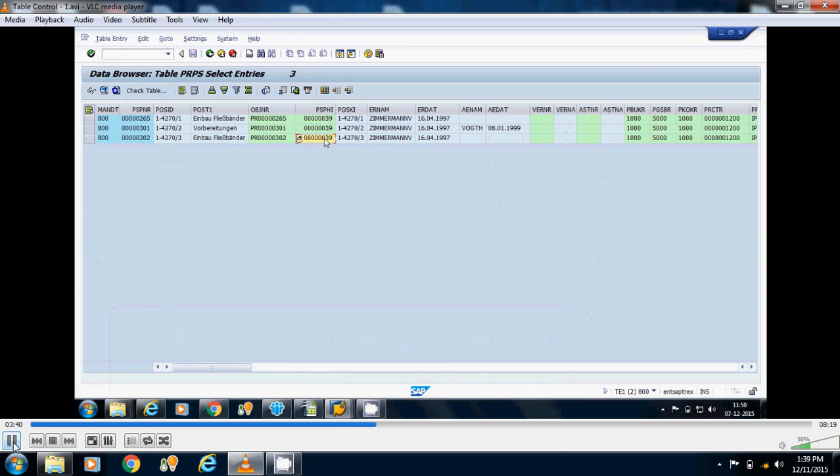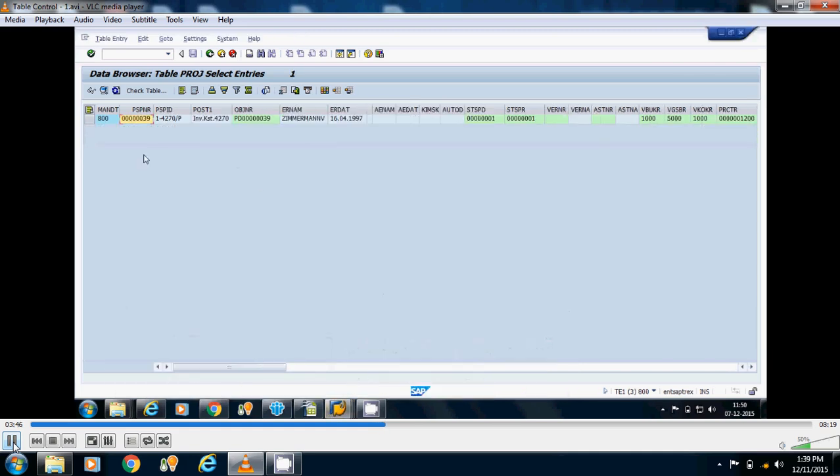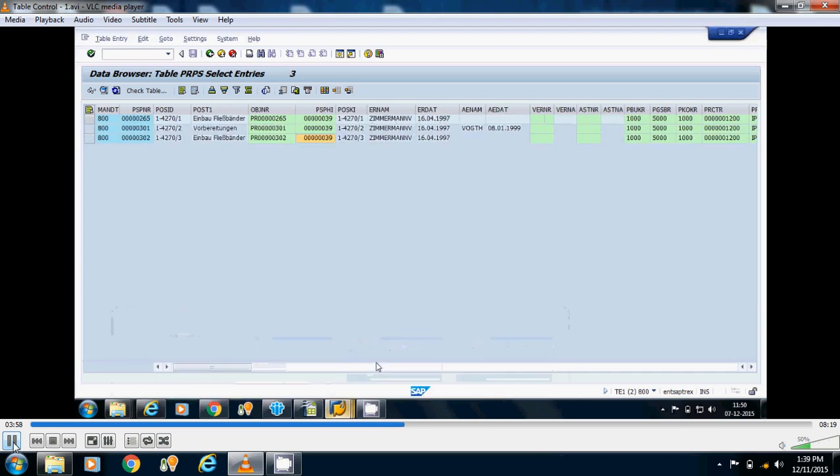We have 39 here, the internal number, and here we have 39. So PSPNR of PROJ table is equal to PSPHI of PRPS table.